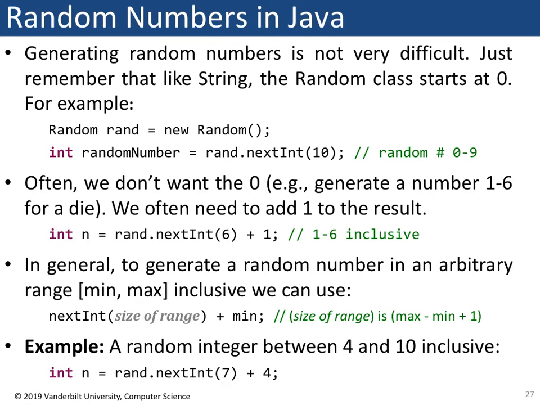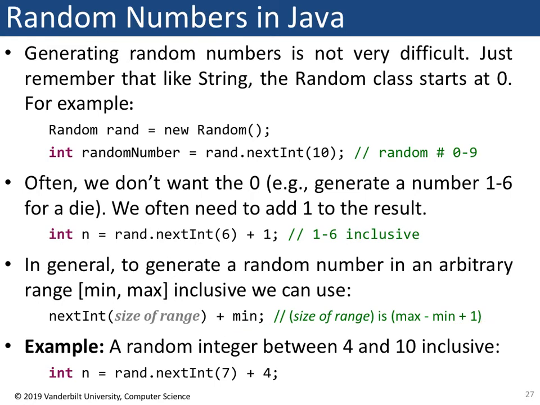We can generalize this and say that whenever we want a number between min and max inclusive, then whatever the maximum value is, minus min plus 1 is the size of the range, and min is obviously the min value. So we can use this formula to generate random numbers on an inclusive range of any minimum to maximum. So we would call nextInt, and then the size of the range is max minus min plus 1, plus the minimum